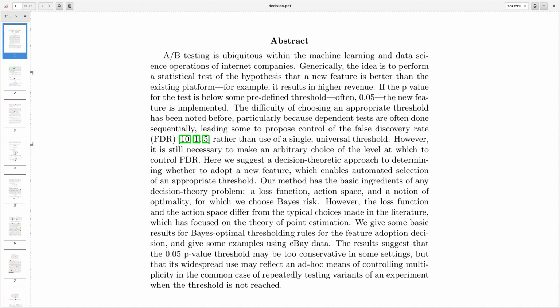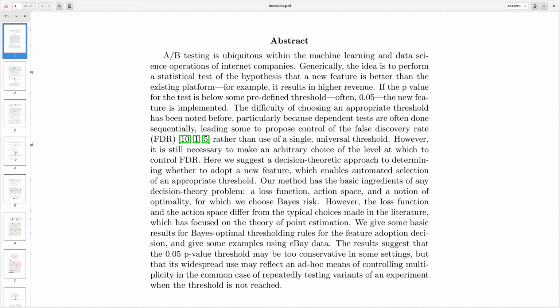Our method has the basic ingredients of any decision-theoretic problem: a loss function, an action space, and a notion of optimality, for which we choose Bayes risk. However, the loss function and the action space differ from the typical choices made in the literature, which has focused on the theory of point estimation. We give some basic results for Bayes optimal thresholding rules for the feature adoption decision, and give some examples